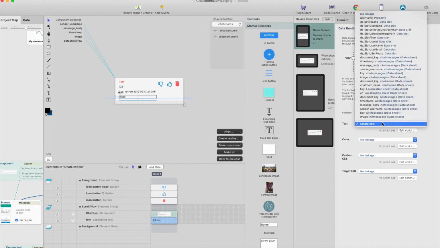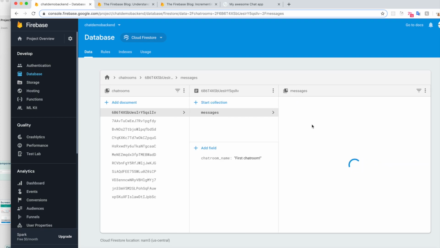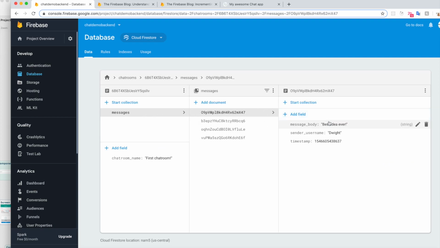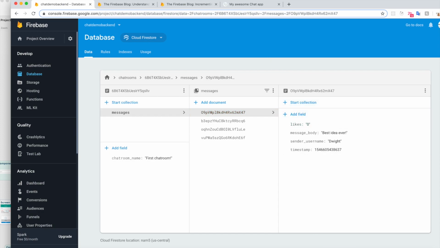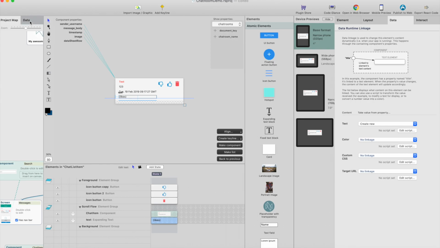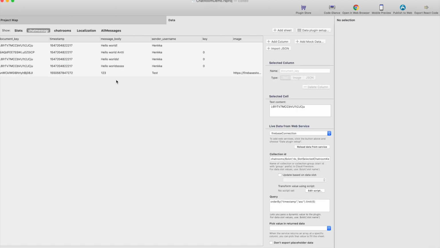We don't have the likes here yet, because in the original user database we don't have the likes field here. So I can just create one for the one document. I can create likes. Let's add a value 0 here, like this, and then go to datasheet, chat messages,